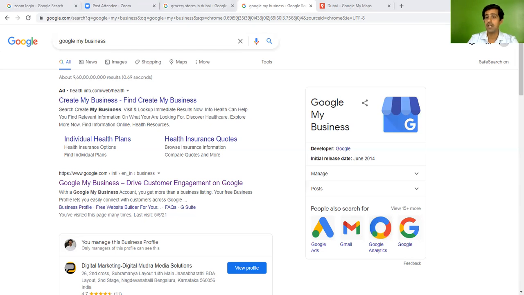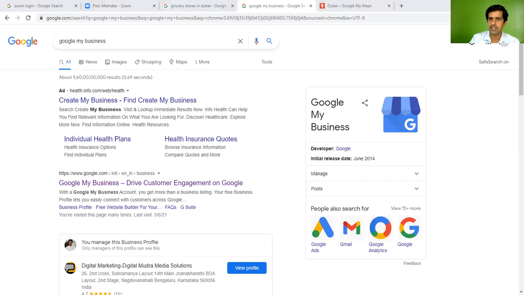Here the location is showing. Depending upon which location we want to enable, we will drag it, or we can also enable these things. Okay, so we will mark the exact location and go for the next. We should make sure we are clicking on the right location, because Google will send a unique code through the post to our address. Using that code we have to enable it. So we make sure that whatever address we are giving and the map we are mentioning is correct. Then we click on the next.